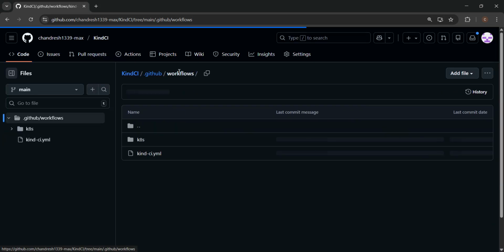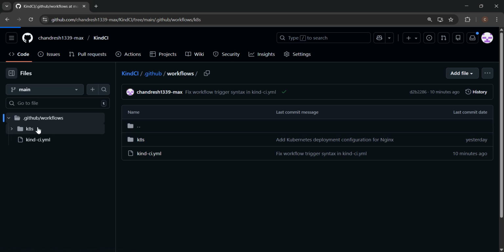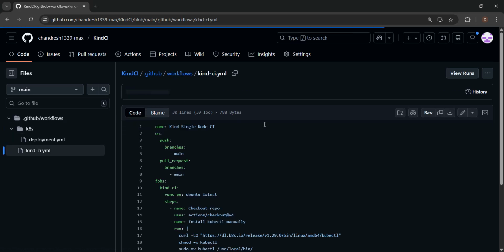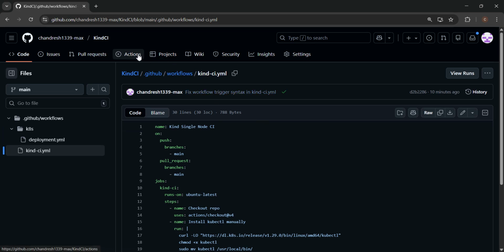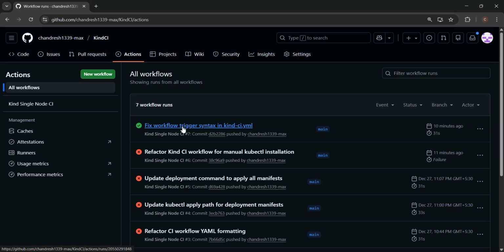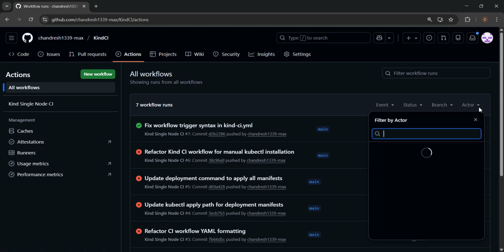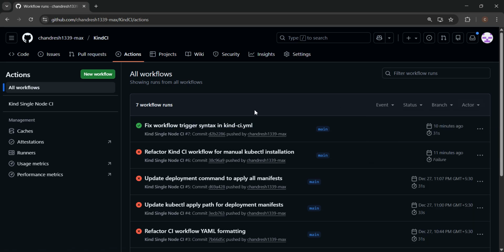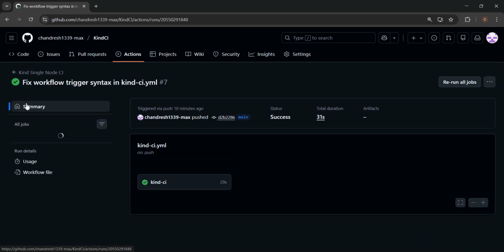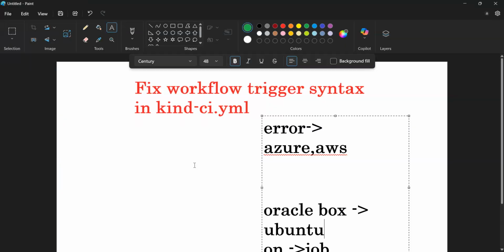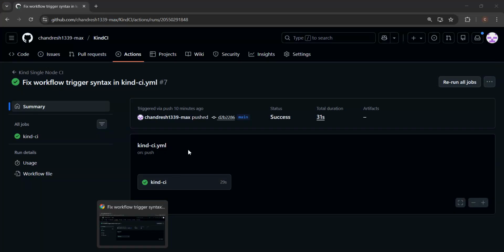And once we run this workflow, we found that it has been successful, and when we go to Actions here, we'll see the list of workflows which we have triggered. And suppose I have to rerun this job, then I also go here to status and click simply here. See guys, this is the success that we have run on the push event. Okay, so this is all about fixing the workflow trigger syntax in our kind-ci.yml, which we have done, and